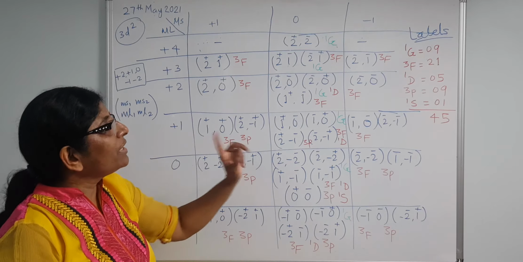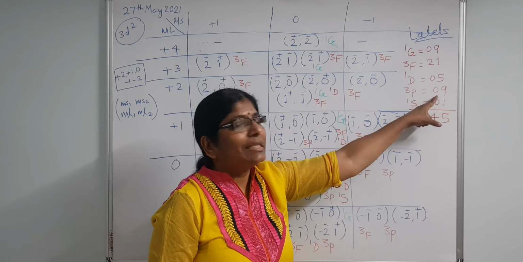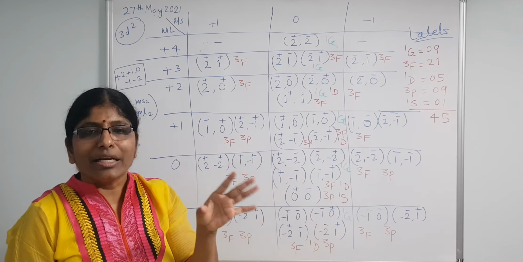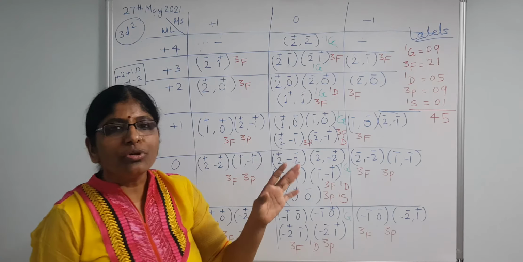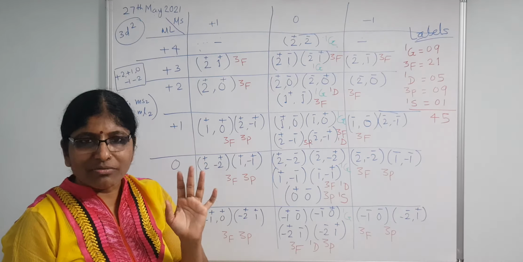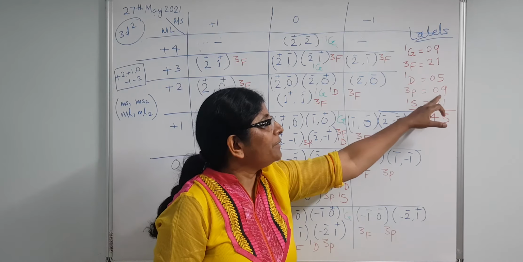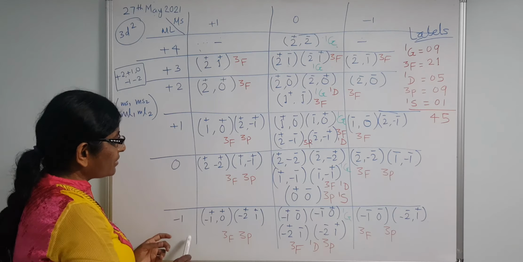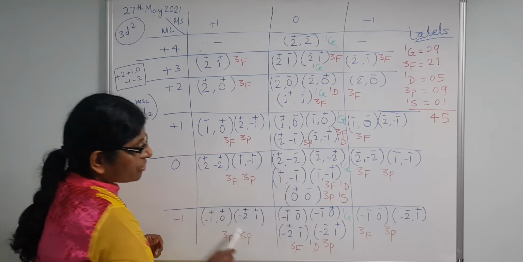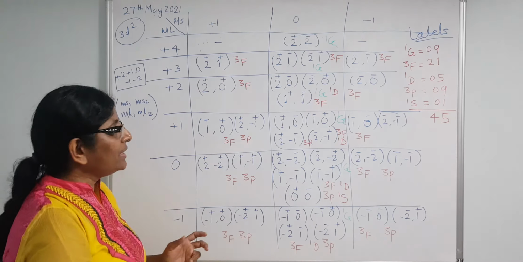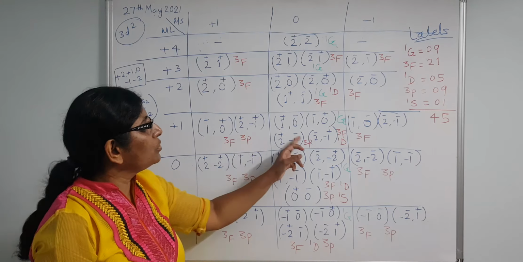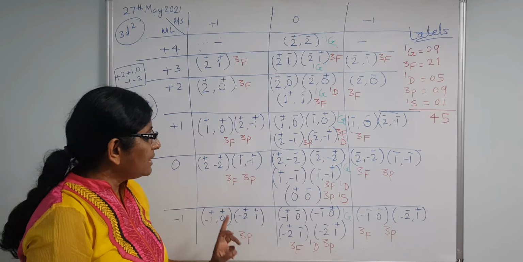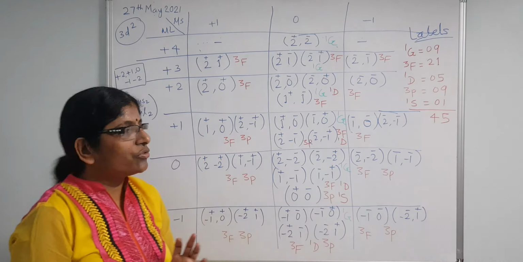Now for 3P again we have to find the total multiplicity. That means for how many microstates we can label 3P, and if we substitute those values in 2L plus 1 into 2S plus 1, we will get the value 9. That means we can write this 3P RS term from plus 1 to minus 1. All 9 blocks are there. So whatever we have done, again it is correct. So 3P: 1, 2, 3, 4, 5, 6, 7, 8, 9. 9 microstates we have labeled.